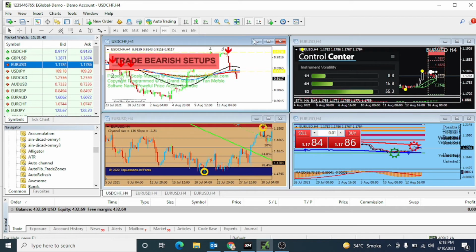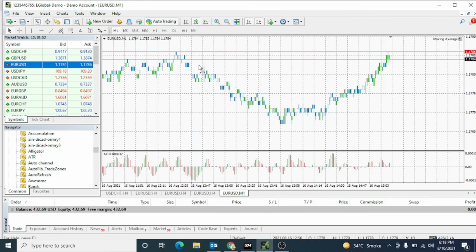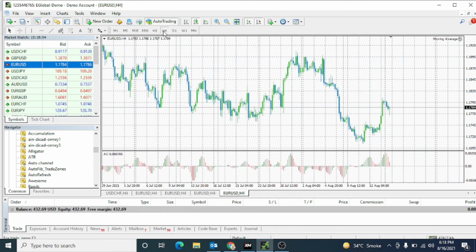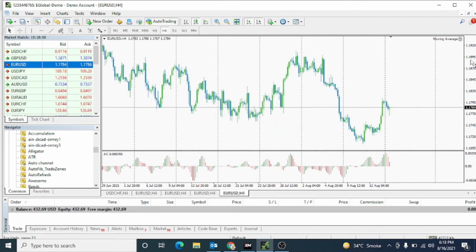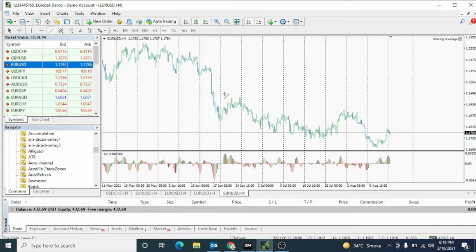Okay, so I will give you one example with a simple chart. For example, this is a simple H4 chart. You can draw and check your own levels of the market. For example, I can draw manually. You can also manually draw the lines.